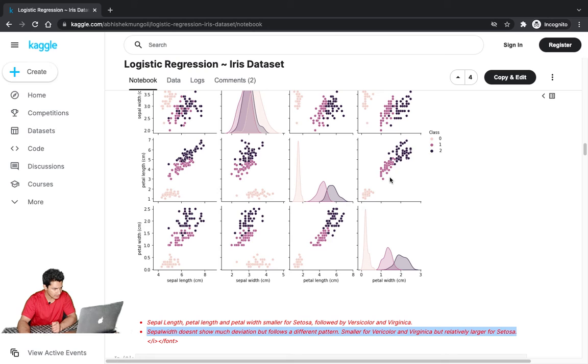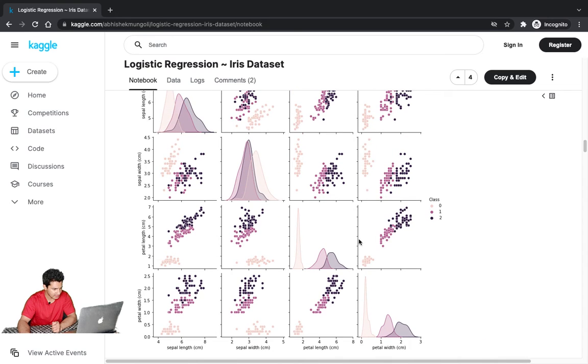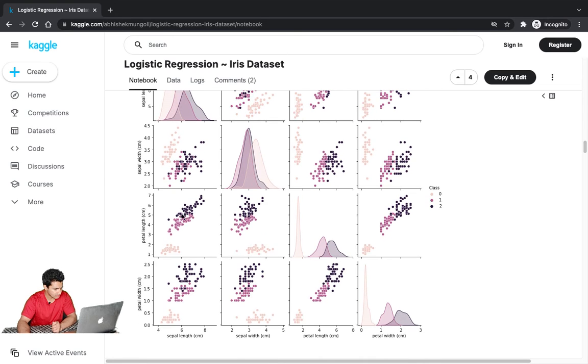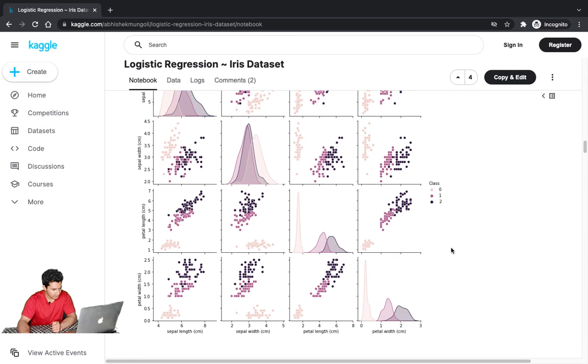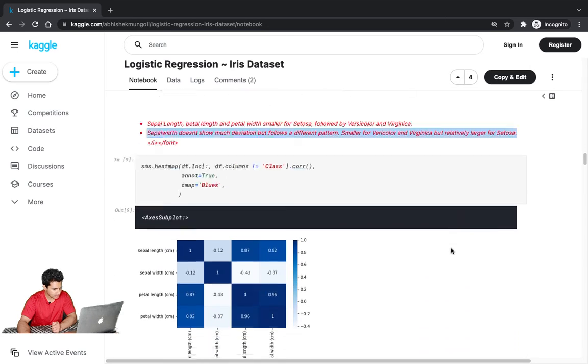And we can also see some strong collinearity, right? Like these features, petal length and petal width, are strongly collinear, and this one is also collinear, not very high collinearity, but still some collinearity is there, and also some collinearity can be seen here, but not very high. But this one is clearly very high. So let's next plot the correlation matrix.